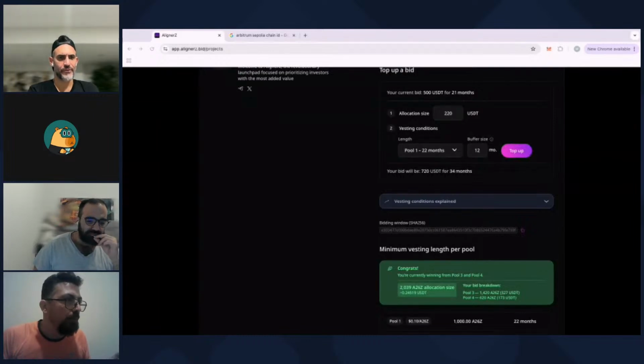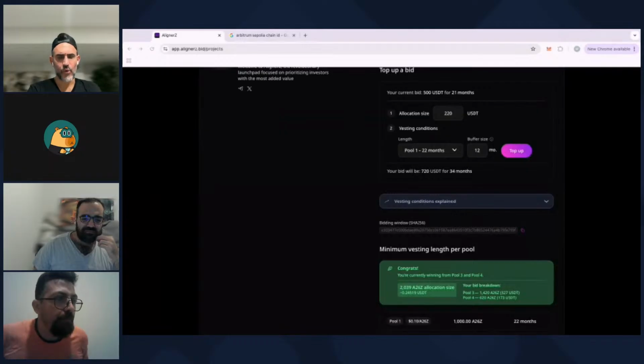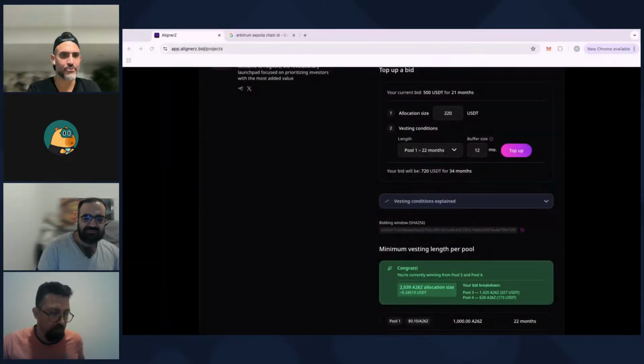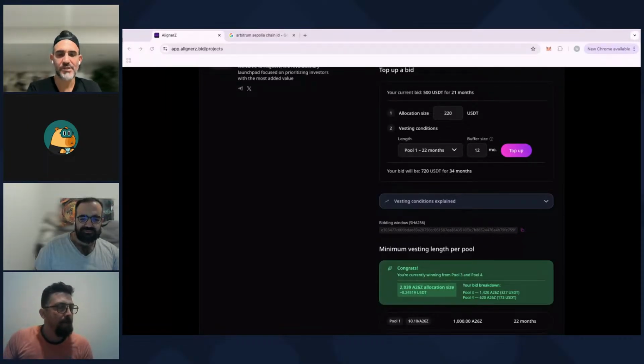So Roger, question for you. I know we're going to go through this, but the whole point of this is to allow the spot price to find itself, to find price discovery. That is the point, because what determines a successful project is price. The price of the token is ultimately what is going to get the attention of the entire market, saying, what? AlignerZ is trading where? And that is what we're going for. Do you understand? If A26Z token opens up and starts trading at 0.0001 with 26 million outstanding, people are like, what is this shit ass project? I'm not touching it.